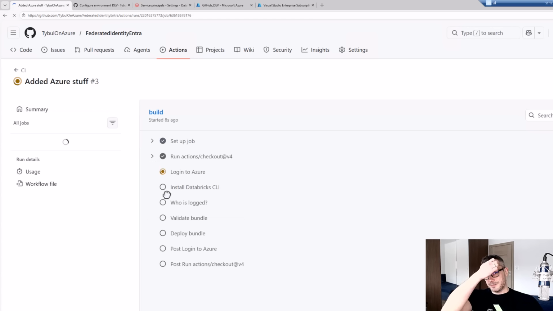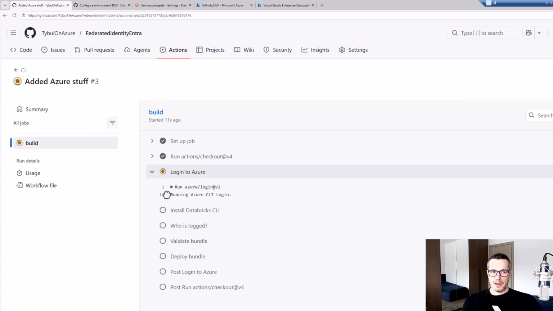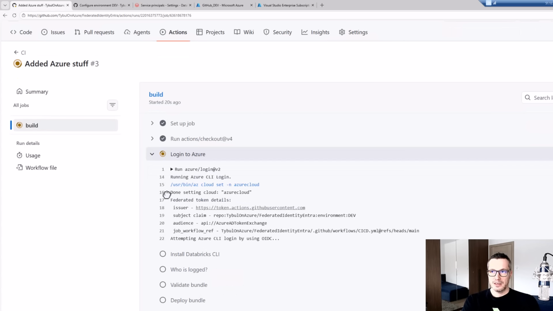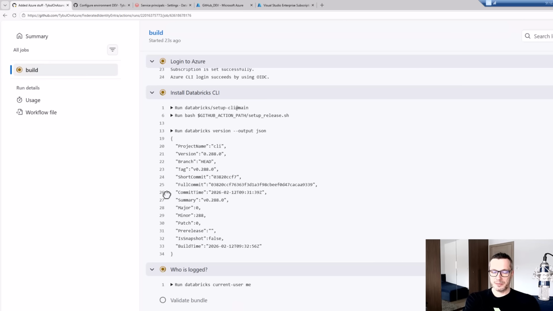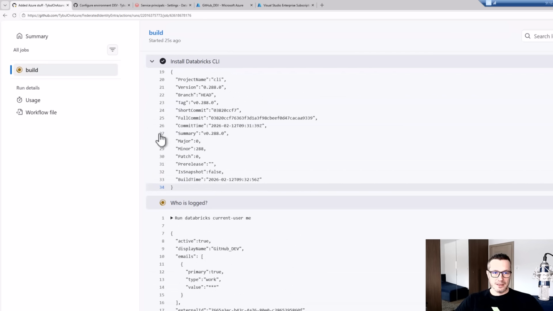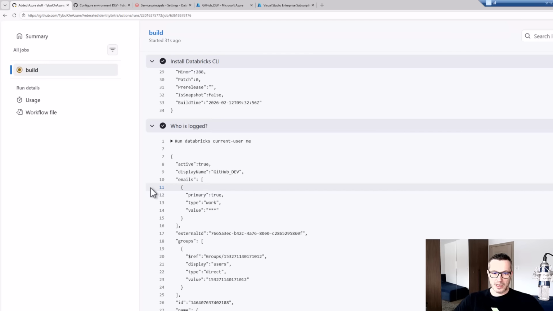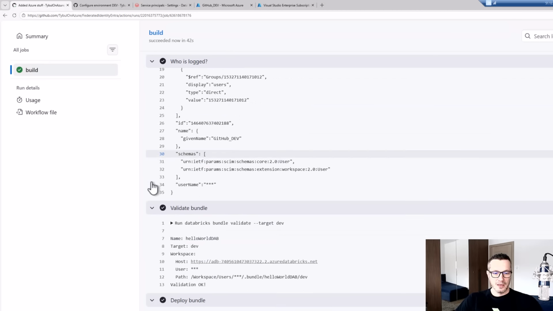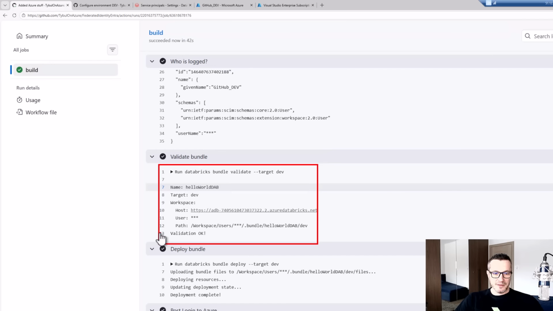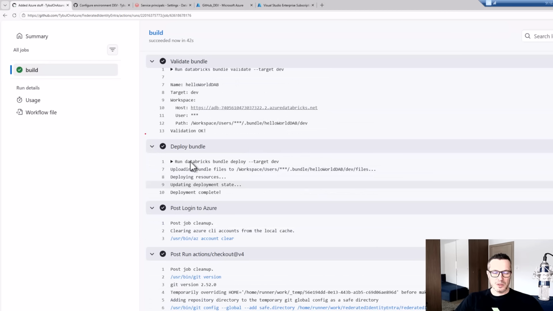So basically, what happens under the hood? Our workflow executed from GitHub is trying to log in to Azure using the credentials that we specified. Basically, it uses the service principal, right? Then it installed the Databricks CLI. We can check who is logged into Databricks, and take note that it displays this GitHub dev name. That's the name of our service principal, right? So it looks fine. It was able to validate the bundle, validation okay, and it was able to deploy it,